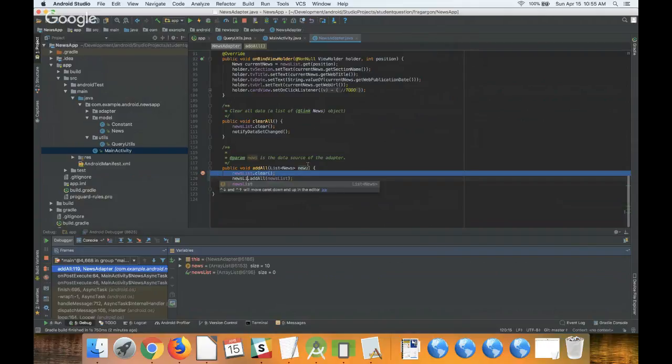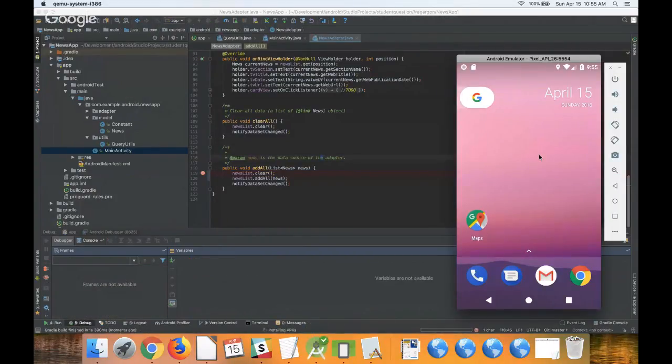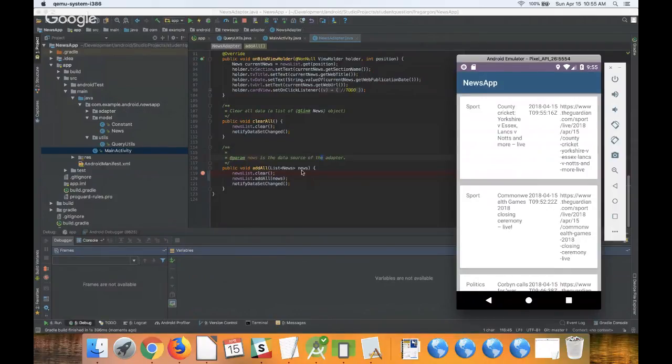And also news list is the one that you need to populate, and you need to populate it with the parameter that you are receiving in the code. If you do this and you play the app again, then you have the data. So essentially you were receiving the list and you were clearing that list instead of clearing the other one. There was a bit of confusion between the two objects, the one that you need to use and the one where the data comes from. So it was that simple.